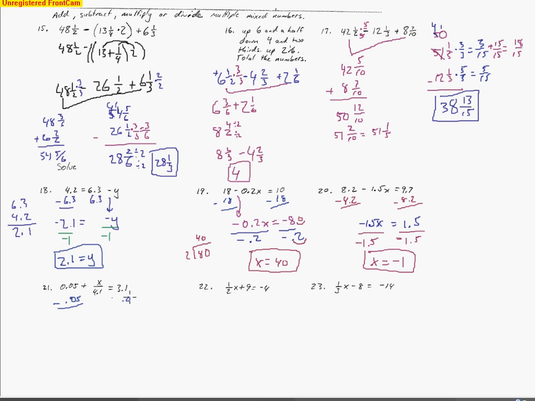Looking at the next one, we're going to subtract that 5/100 from both sides. Now, again, make sure you line up the decimal points and add the 0 because you'll end up making an error if you don't. You'll have to borrow, and we have 3 5/100 left over equals x over 4 1/10. So from this point, we're going to multiply by the 4 1/10. Do the same on the other side, and this is what we get. Now we've got the 4 1/10 canceling, so we've got x equals,